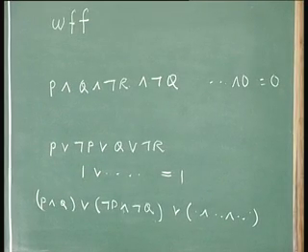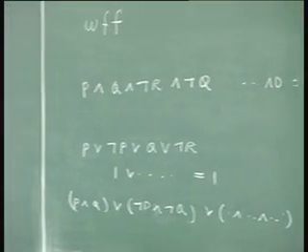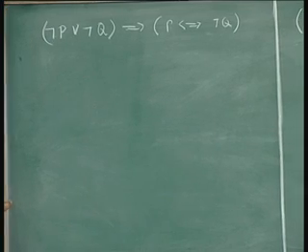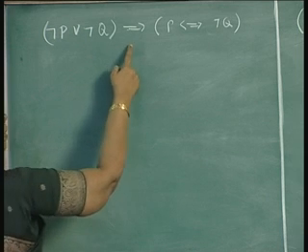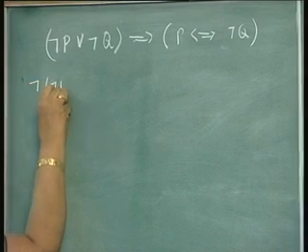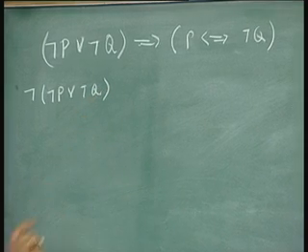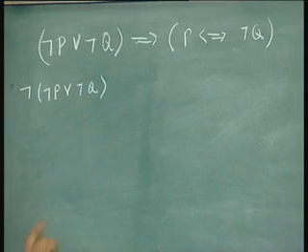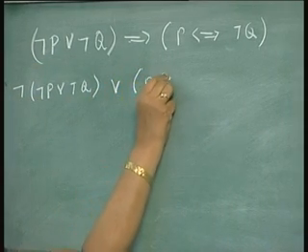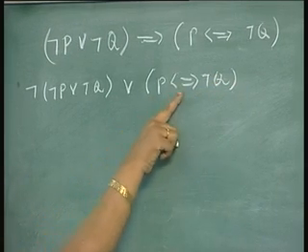Let us take some examples. First, let us take this. We want to bring this well formed formula into disjunctive normal form. How do you go about doing that? First of all, you can convert implication into not. P implies Q you can write as not P or Q. So, this can be written as not of this, or P is equivalent to not Q. Now, P is equivalent to not Q,